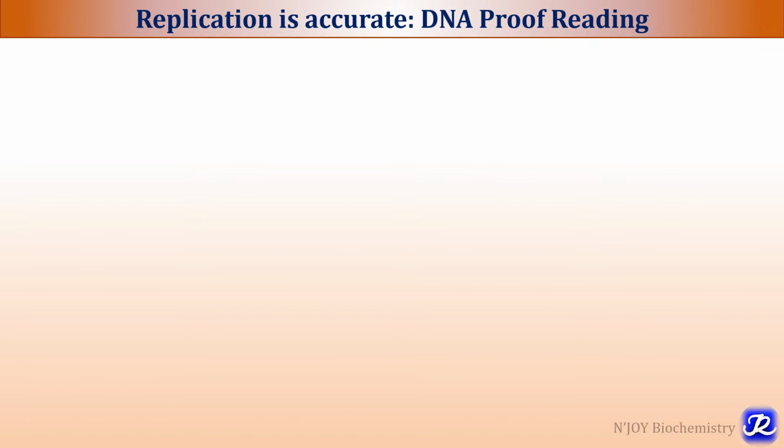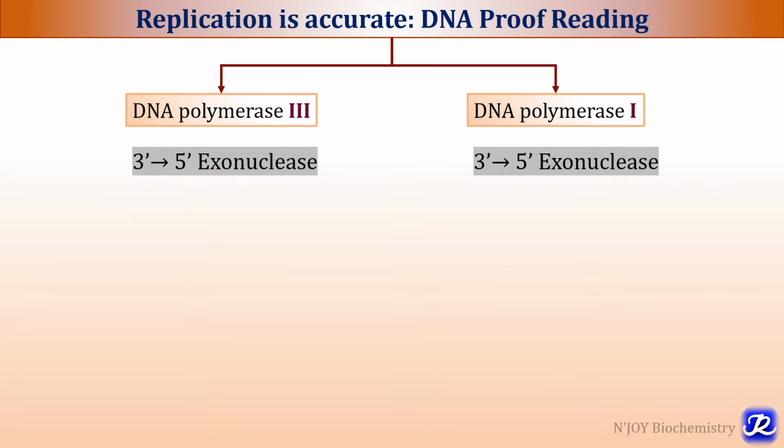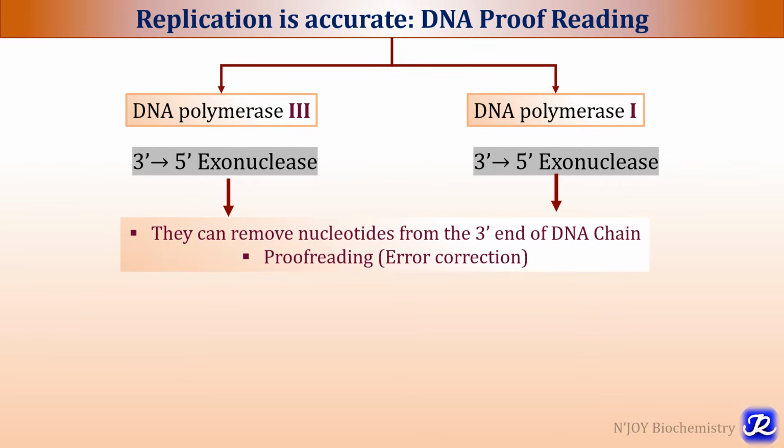DNA replication is accurate because of the DNA proofreading mechanism, and DNA polymerase 3 and DNA polymerase 1 both have 3' to 5' exonuclease activity. It means that they can remove nucleotides from the 3' end of the DNA chain, and it is useful for proofreading, that is error correction. If an incorrect base is inserted by DNA polymerase, which can happen to 1 base in a million,